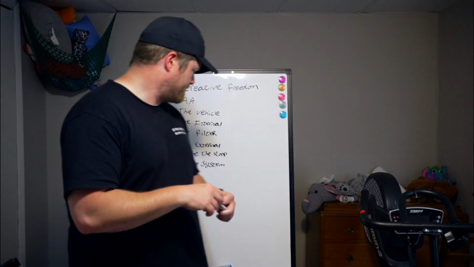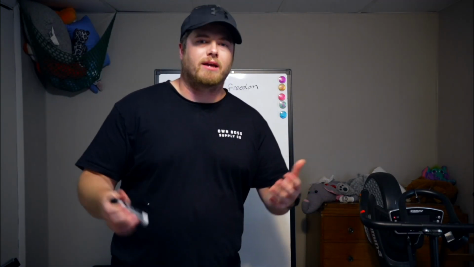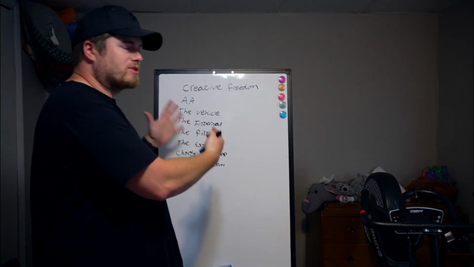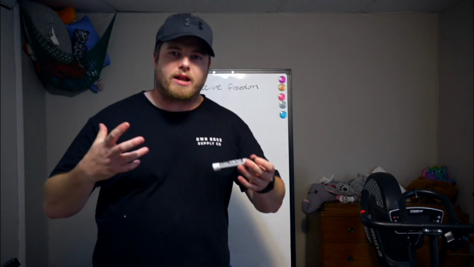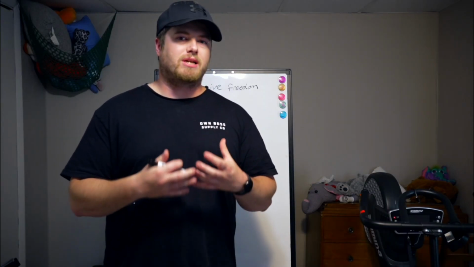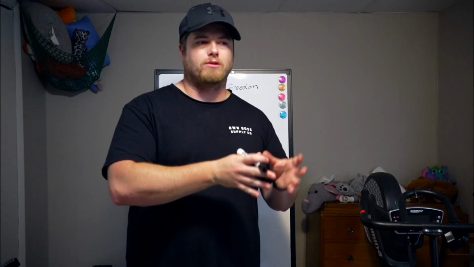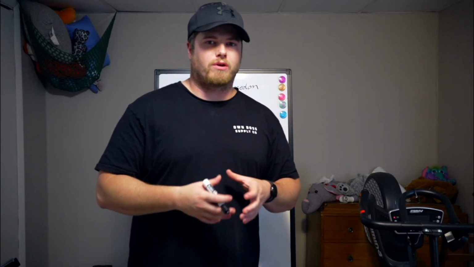And the last thing we're going to talk about is the overall freedom system. What is it? What does it look like? If you look at this, this is the type of stuff that we're going to cover. We're going to audit the time. We're going to look at that vehicle. We're going to choose those right systems to help feed that loop. Because the big thing you want to do overall is get all of that data out of your mind into those systems so you can run effectively, so you can run smoothly.